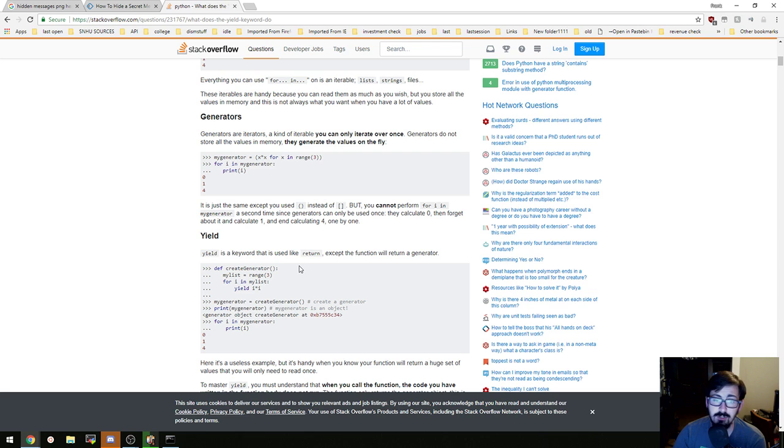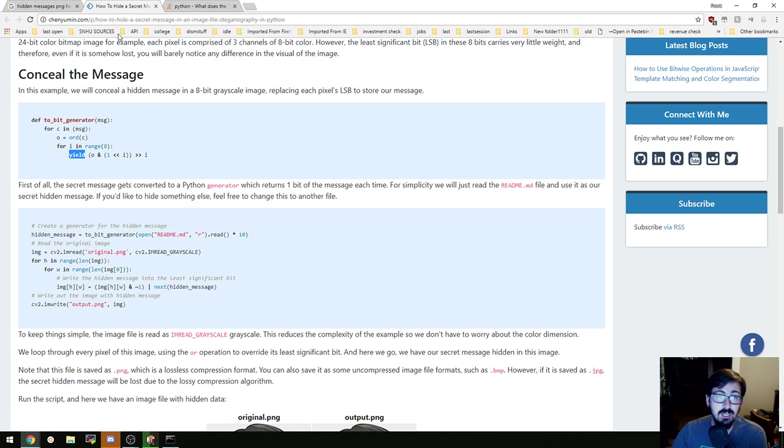Yield is a keyword that is used like return, except the function will return a generator. Def create generator, my list range 3, for i in my list, yield i times i. So essentially, the yield is whatever follows that you want to do on every iteration of your range. So in here,